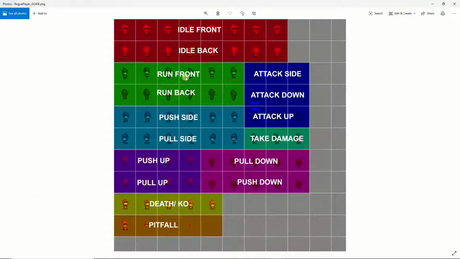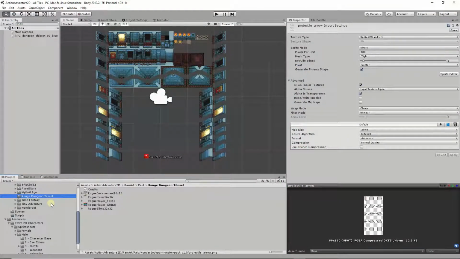he's got an idle, a run, a push, a pull, a death. The only animation he does not really have is one for shooting a bow, and two for carrying items. I want my character to have a bow and to be able to carry items. So that is the only issue that I have with his tile set. Well, that, and then if you look at his,